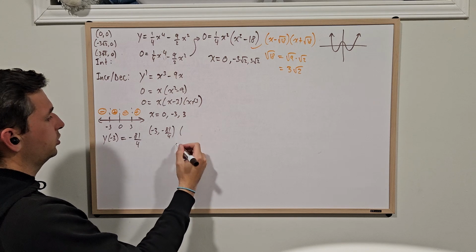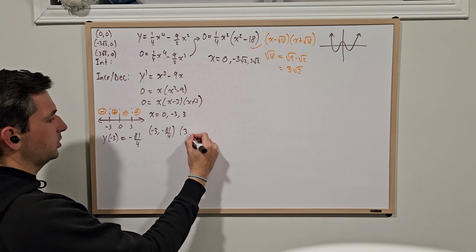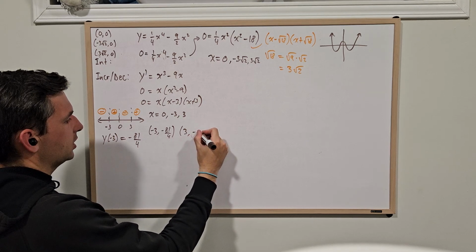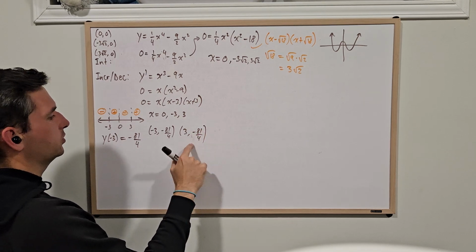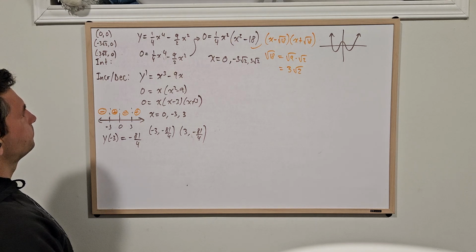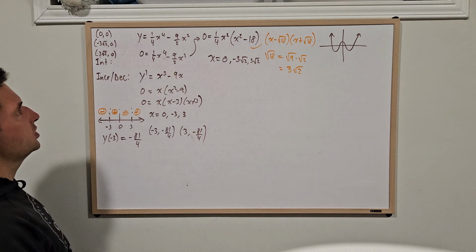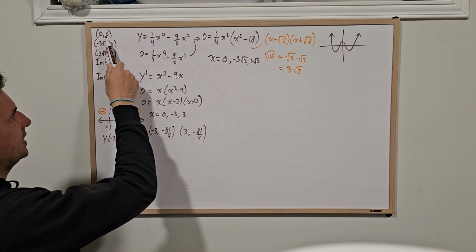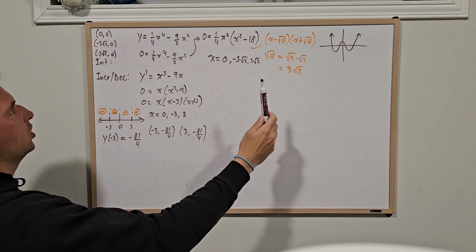And similarly, if we plug in positive 3, we're going to get negative 81 over 4. Yep, it's still negative. Okay, cool. So what does this mean here? Because our max here is actually the same as our x-intercept,